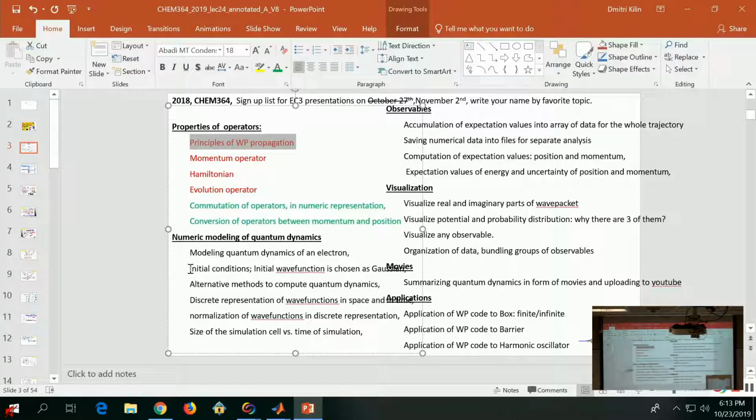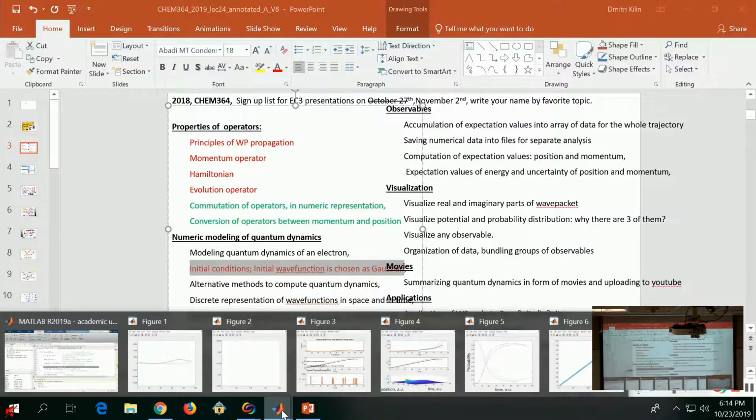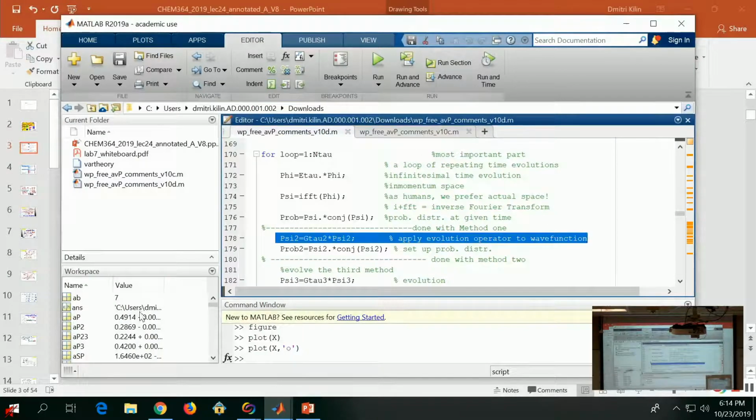The next thing I suggest we focus on will be the initial condition. When you were running the code, you noticed that at initial time it is a Gaussian shape. In which line of the code is the initial wave function defined? So, if I were writing this code from scratch,